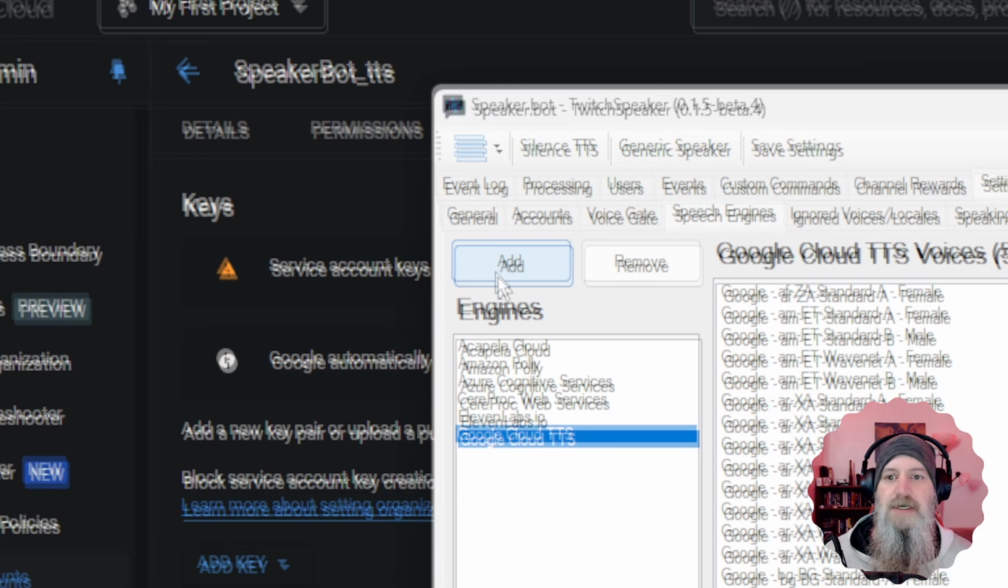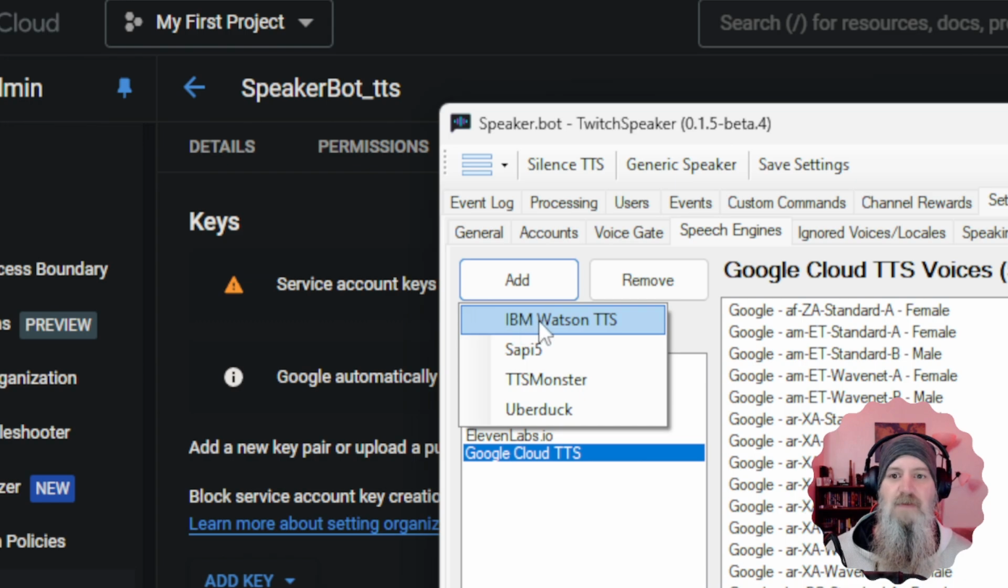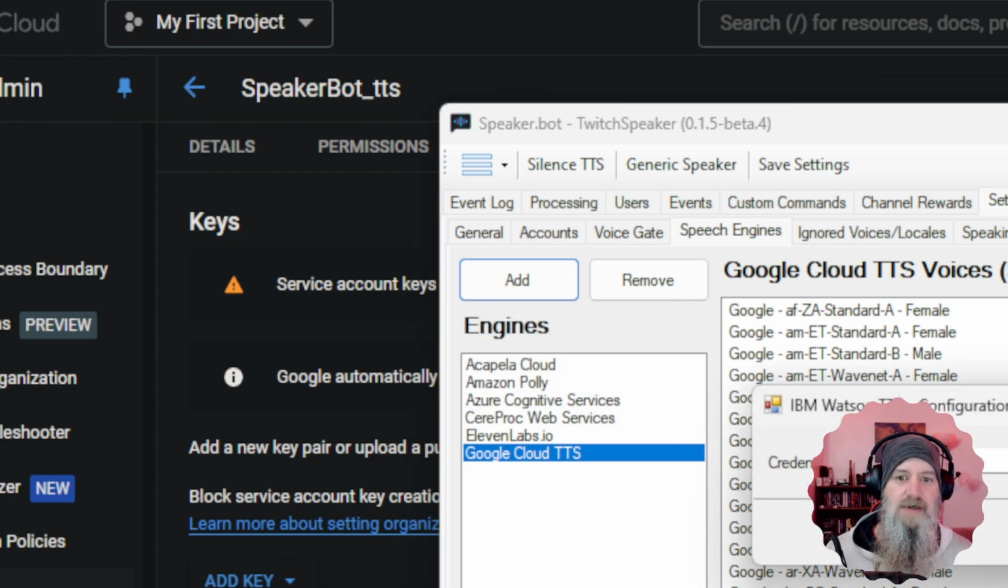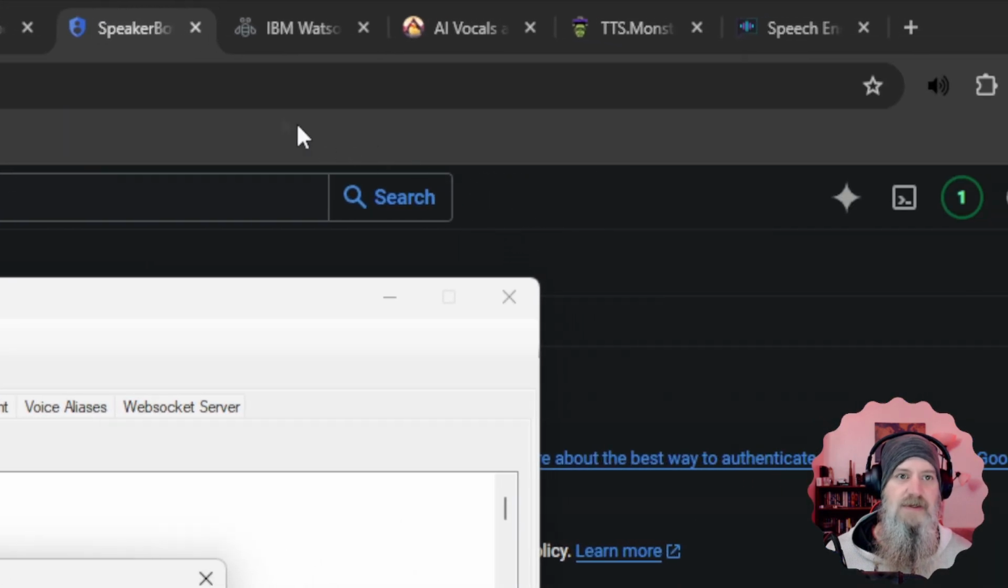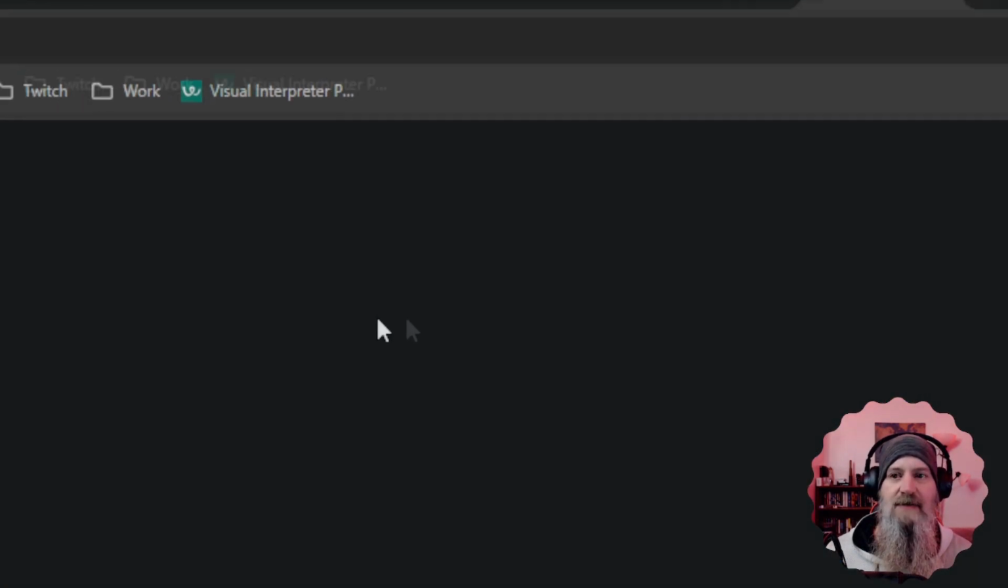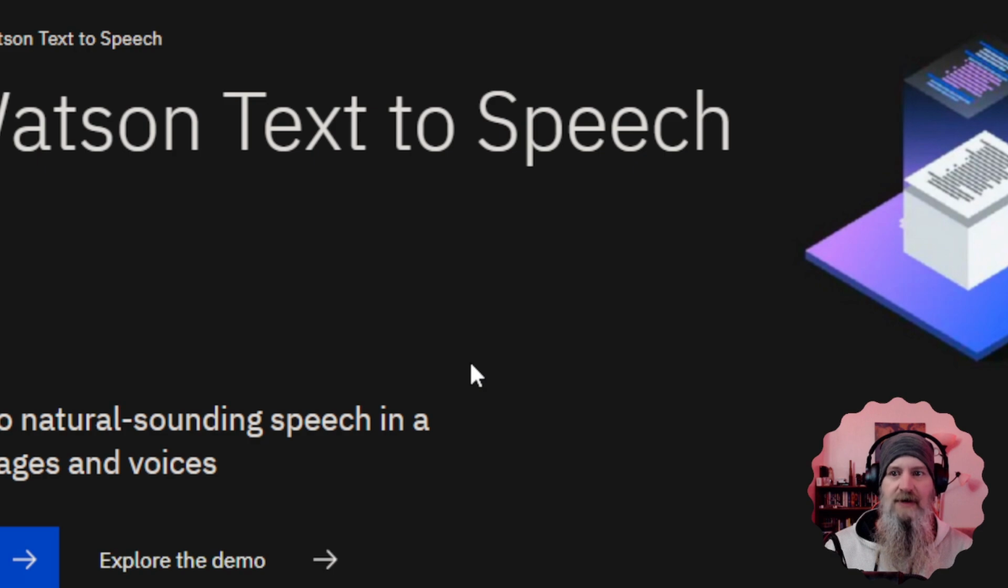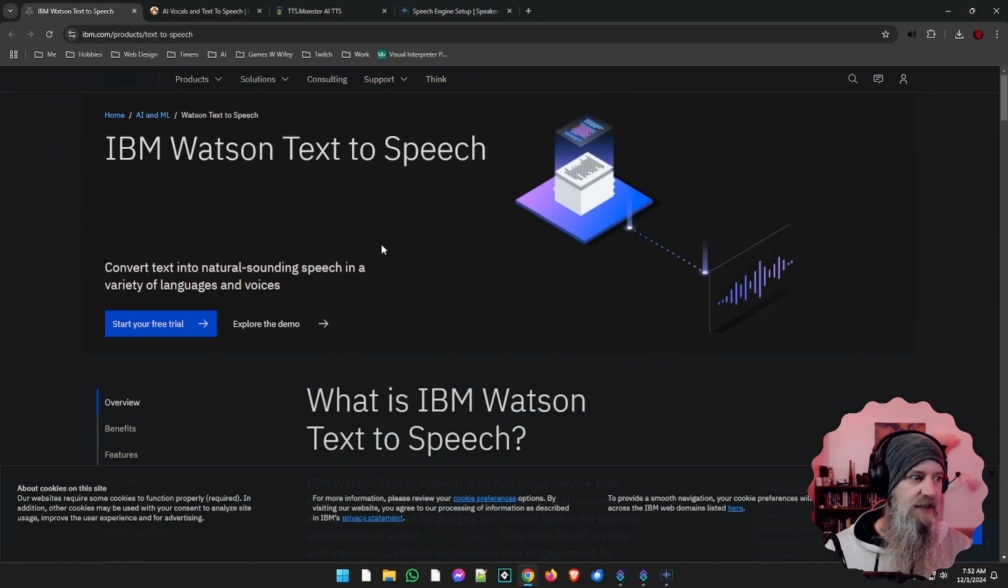All right. Next is the IBM Watson. And this one, again, is another one that needs a credentials file, so we're going to do the same thing here. We're going to go back to the IBM Watson website, pretty much exactly as it is with the Google one. Okay, so we're going to start a free trial here. Let me zoom out. So we're going to go to the IBM Watson text-to-speech website, again, linked in the description below,